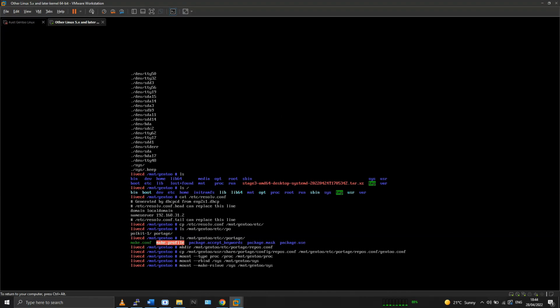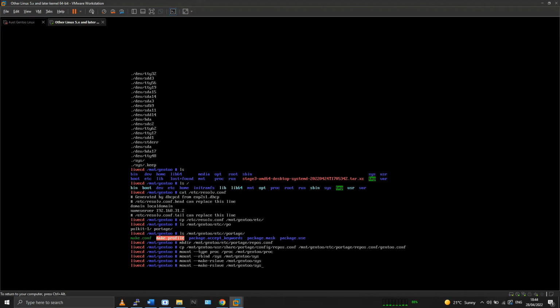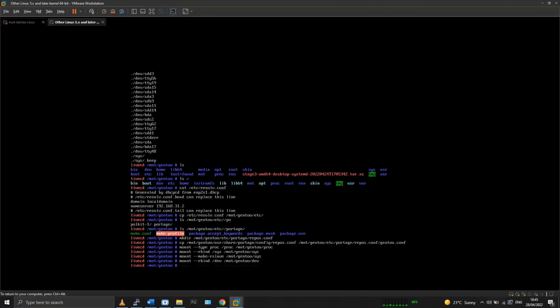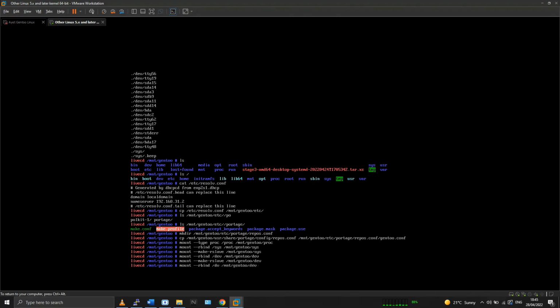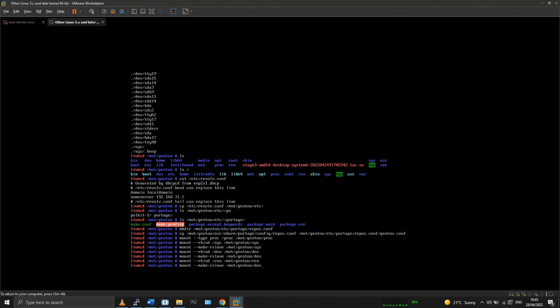And that's it. The fourth one has to be --rbind /dev /mnt/gentoo/dev, and then --make-rslave /mnt/gentoo/dev, then --rbind /run /mnt/gentoo/run, then --make-rslave /mnt/gentoo/run, and then after